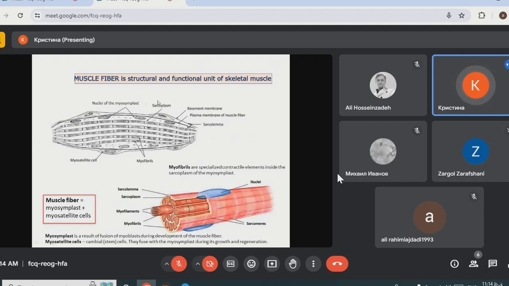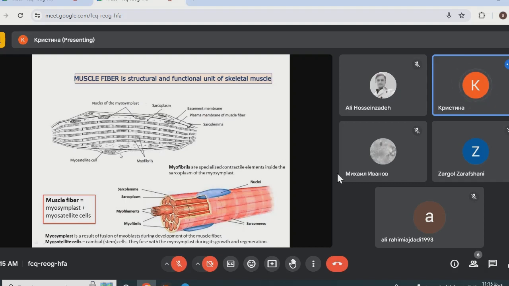Its structural and functional unit is the muscle fiber. Here is the muscle fiber. It consists of 2 elements, myosymplast and myosatellite cells. Most of the muscle fiber consists of myosymplast. Here you can see myosymplast, and these are myosatellite cells. Myosatellite cells are cambial or stem cells which can fuse with the myosymplast during the growth and regeneration of muscle